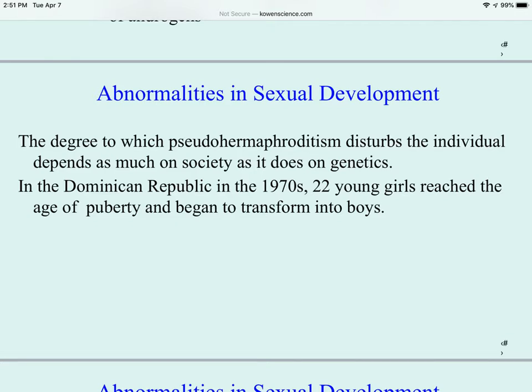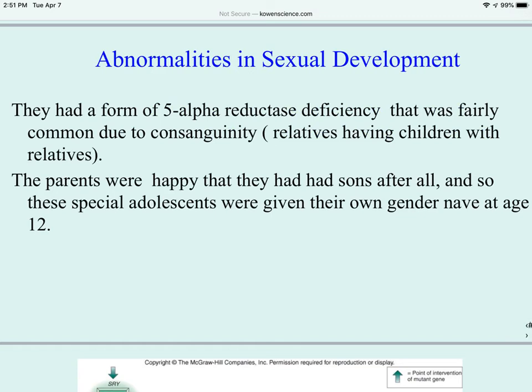So I mentioned the pseudohermaphrodism. Let me give you an example of that. In the Dominican Republic in the 1970s, there was this small village area. They had 22 girls that were born in the village. When the girls reached puberty, they transformed into boys. And then the parents, instead of being upset about that, had a huge party. But that's one example, probably due to a lot of inbreeding in that area, for there to be so many individuals affected. So just continuing,